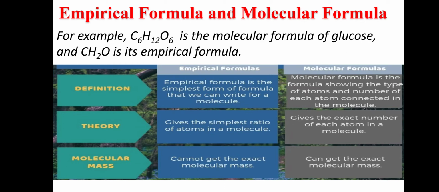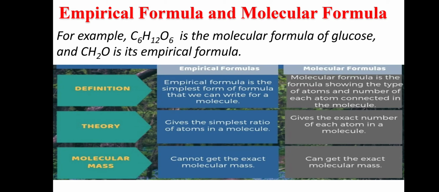Because we know the molecular weight of glucose, we can put the value of the molecular weight and the ratio we have given here. We put the atomic masses multiplied by their factors: the atomic mass of carbon is 12.01 and its value in the empirical formula is only 1. In the case of hydrogen, its value is 2, because there are two hydrogen atoms in the empirical formula, and its atomic mass is 1.008. And in the case of oxygen, the atomic mass is 16.00. So by putting this in,